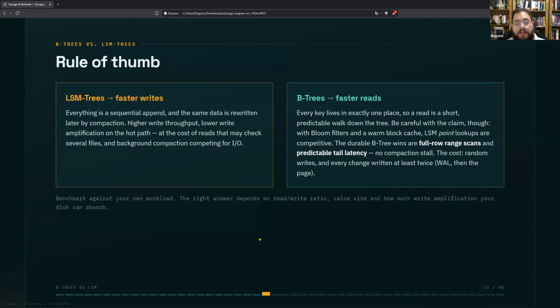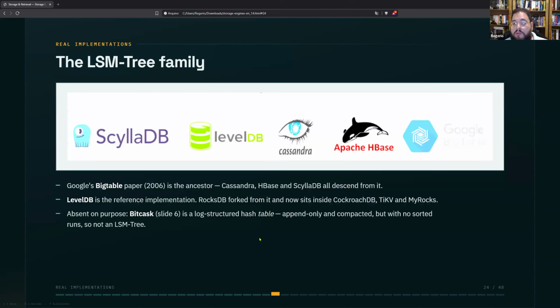Okay, let's see some real implementations of each storage engine. For example, the LSM family, as you see, includes almost every NoSQL database. The intuition that Jacob used here is right: when I want to have a lot of writes of, I don't know, events, and the most recent is what we need, almost every time you have this situation, you will use a NoSQL database.